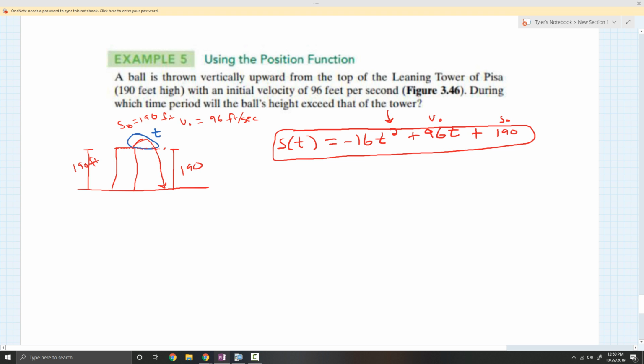So S of t, we would want this to be greater than 190, right? That is really the question. So if I substitute this in for S of t, the right hand side of my equation, then I would get an inequality that I'm trying to solve. I'm trying to figure out when is minus 16t squared plus 96t plus 190 bigger than 190,